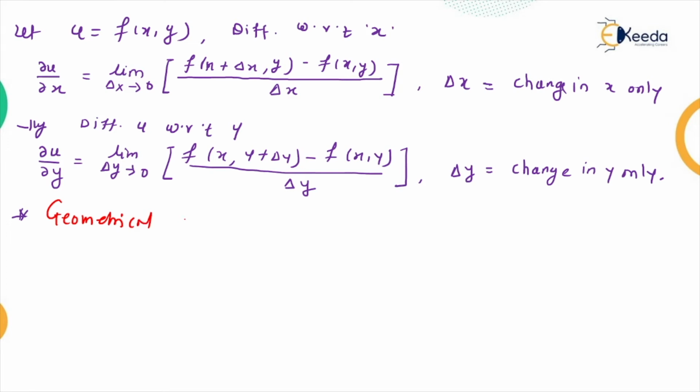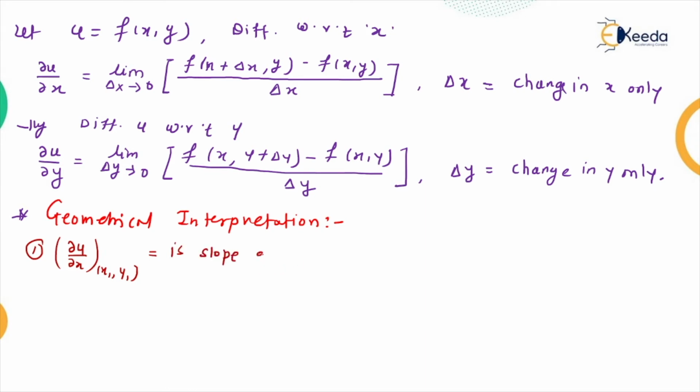Geometrical interpretation. So, the geometrical interpretation of these derivatives. Let's see. Number one, ∂u/∂x, the slope of a tangent. So I'm writing here ∂u/∂x. I want to calculate it at a point, suppose (x1, y1), right? So this is nothing but the slope